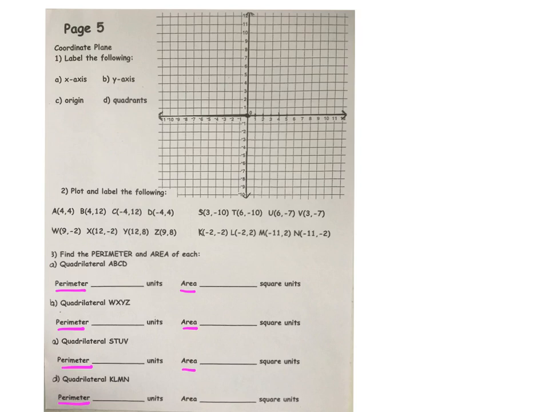It says, on the coordinate plane, label the following. Our x-axis, of course, runs left to right. This is our x-axis. Please label it with an X. Our y-axis runs north and south. So please label that